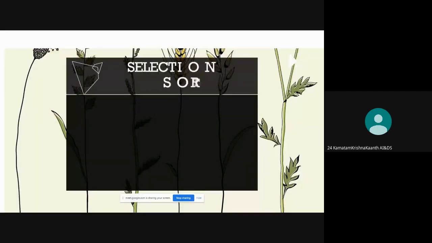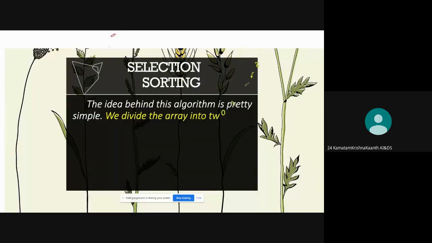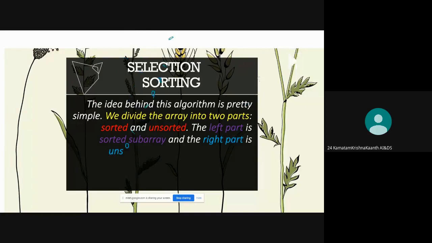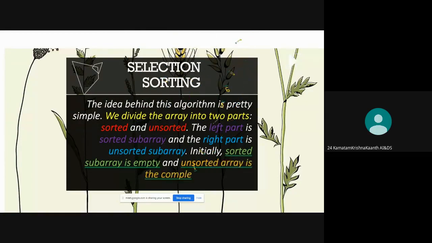Selection sorting is a simple sorting technique. The idea behind this is we divide the given array into two parts, sorted and unsorted. We give some input list to the algorithm, maybe of length 5 or 6, anything we want.